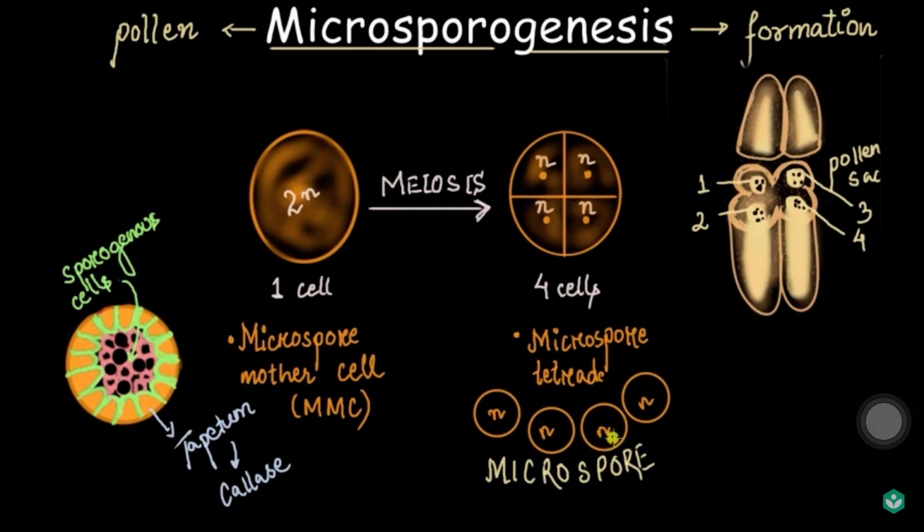So are these pollen yet? These are not pollen yet. There are few more changes required in this microspore so that we can call them a pollen. Now we will talk about all those changes in a future video, but for now, what is very important and what is worth noting is that from 1 microspore mother cell we get 4 microspores, and therefore from here we will get 4 pollens, right? 4 pollens. Now if in 1 pollen sac there are, say,